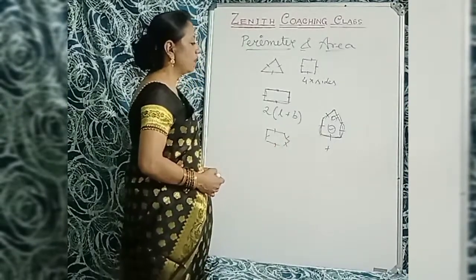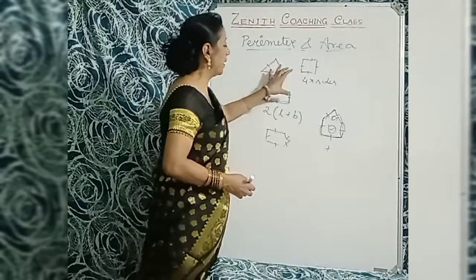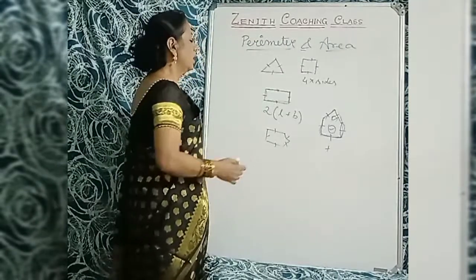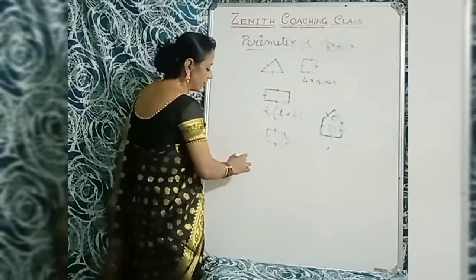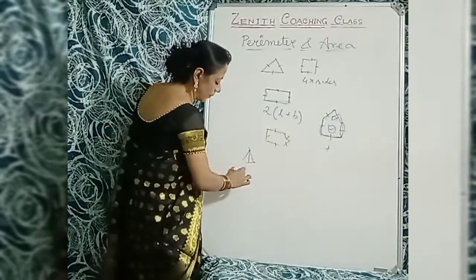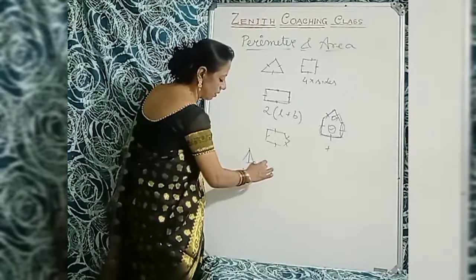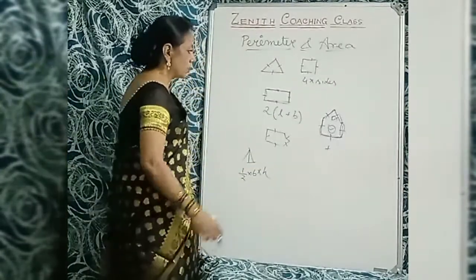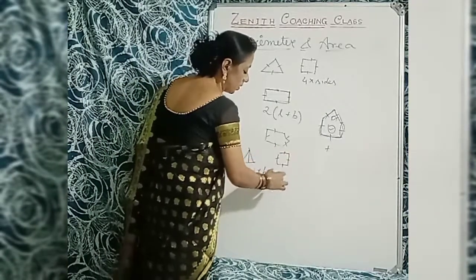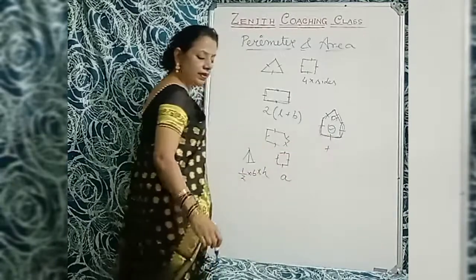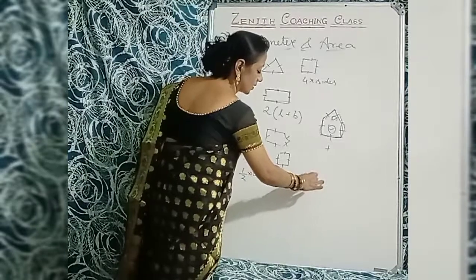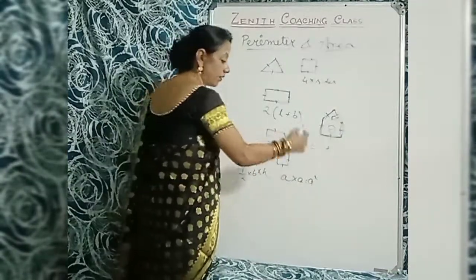So first of all, I am teaching you the perimeter of the polygon. Now it is the area. All area, that is area of a triangle. So area of a triangle, here is its altitude. So area of a triangle equals half into base into height. Okay. So area of a square. In case of a square where all the sides are equal, supposing say a side is A, the area equals A multiplied by A. That is A square.